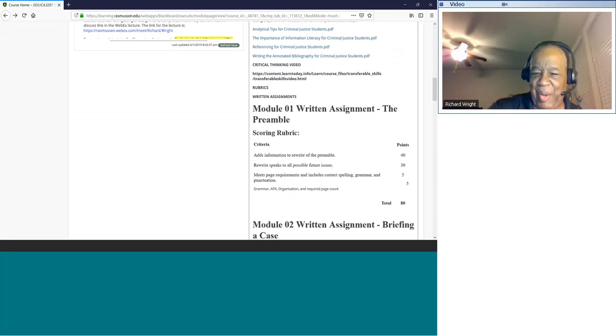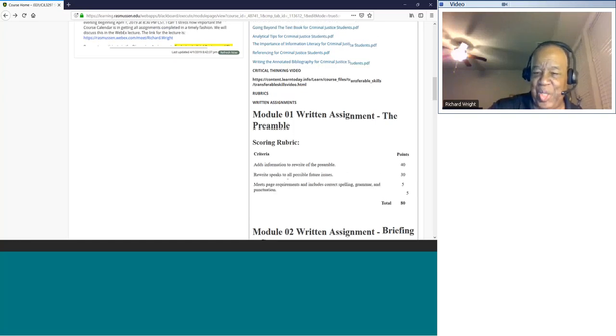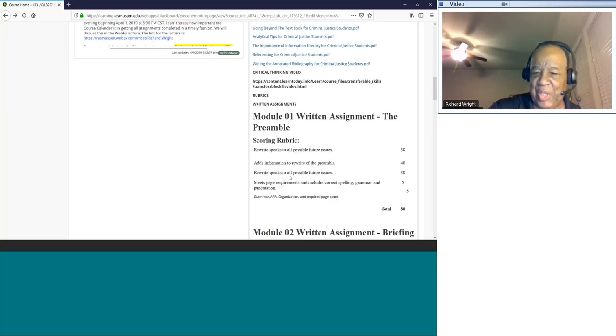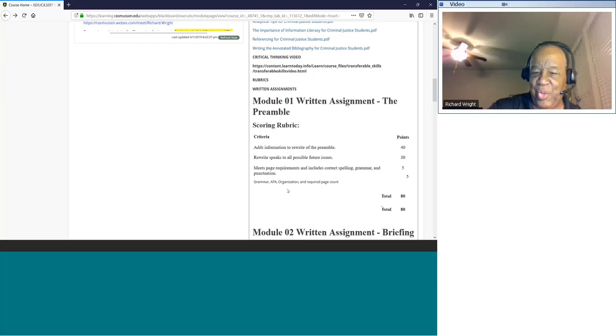Then the next 5 points are for making sure that you have the right number of pages. Where are you going to find that? You're going to find that in the module. It will tell you what that is. Spelling and grammar and things like that we check. And then also grammar, APA, organization, and required page count. So it's kind of in there as well.